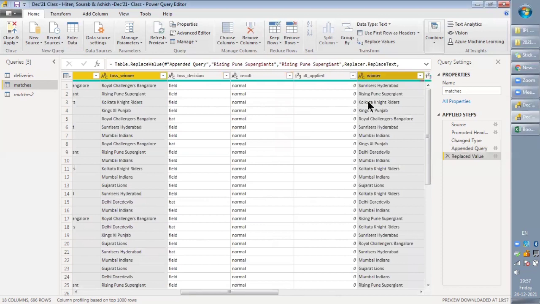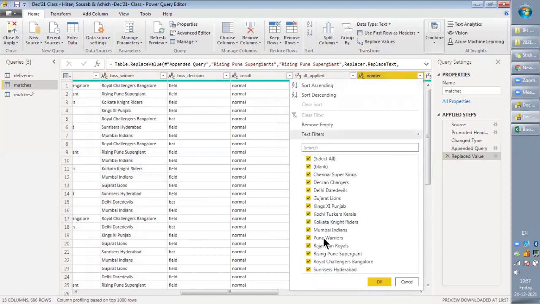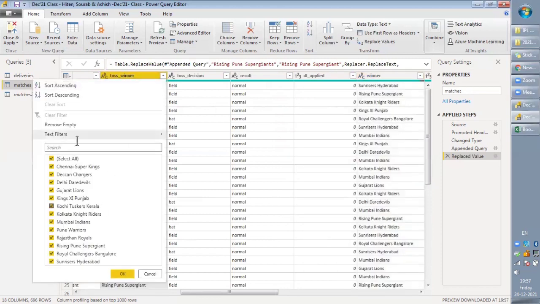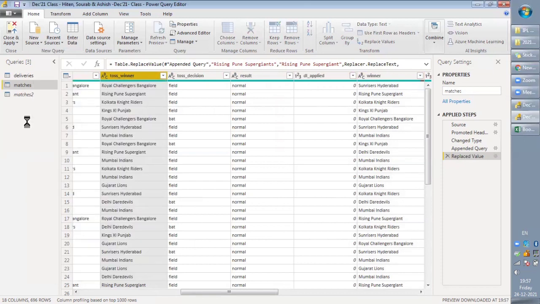It has been done. Let's check whether it has applied the changes or not. You can see here, Royal Challengers, only one is there. Let's see here as well. Only one. Yes, so it has done the bulk of our part. So you can just close and apply.